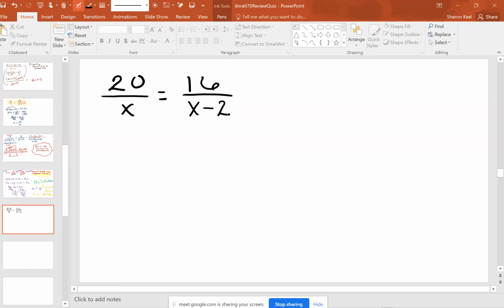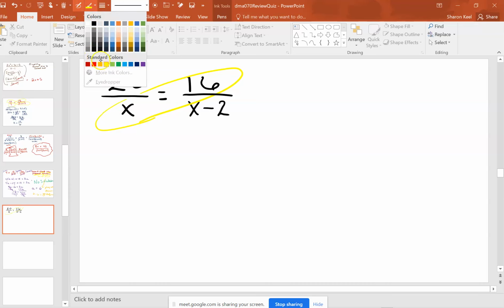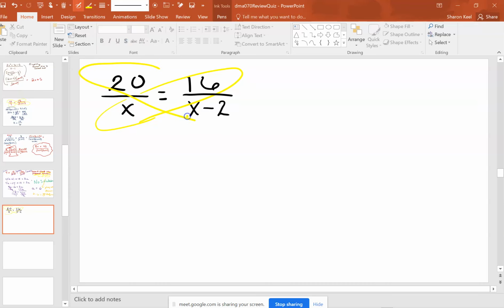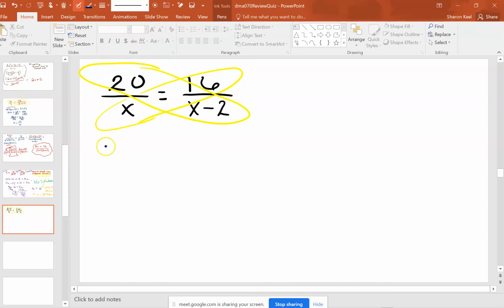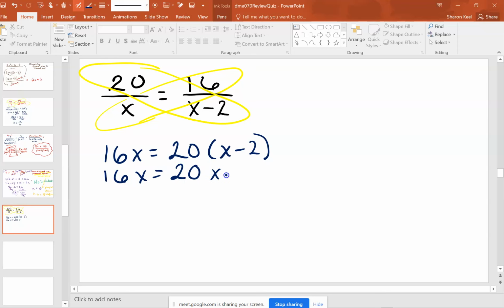So as we go to solve this, we are going to cross multiply here, and we're going to cross multiply here. Okay, so what we're going to have is 16x equals 20 times x minus 2. So on the right-hand side, we need to distribute that 20, and that gives us 20x minus 40